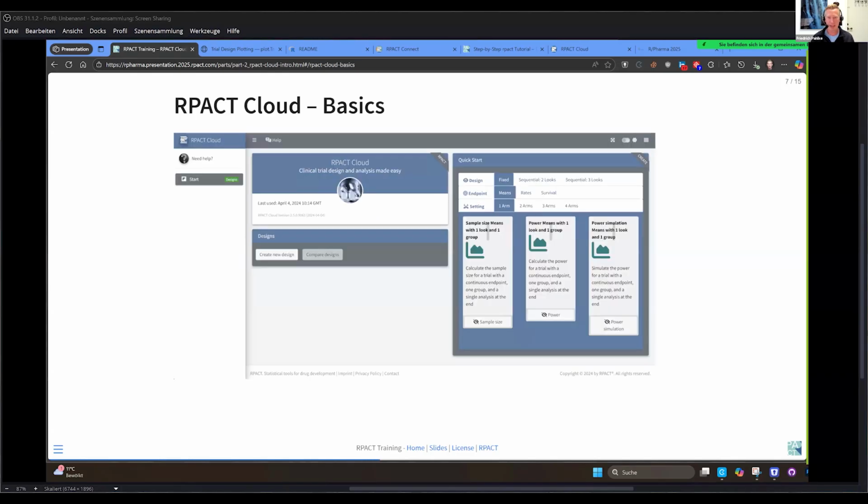So let's start with the basics. If you open rpact Cloud, you will see this screen. So on the left hand, we have a navigation menu. At the first start, you only see a start tab there. And when you open one or more designs, you will see additional tabs on the left in the navigation menu. In the middle, you have this Create New Design button. If you click on this,